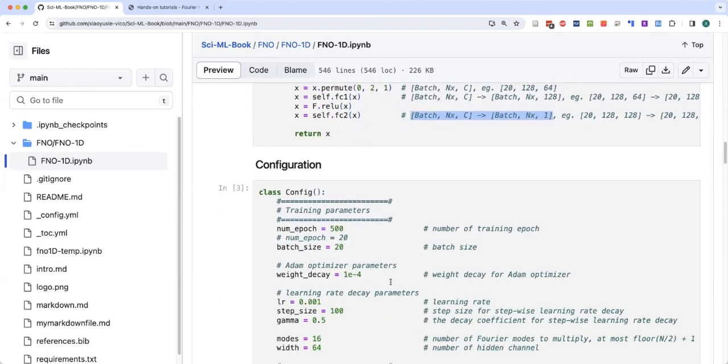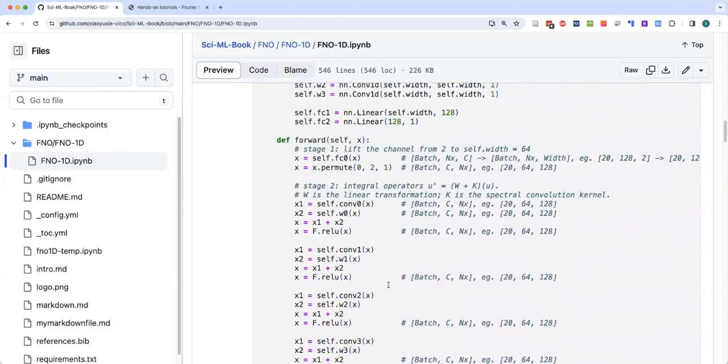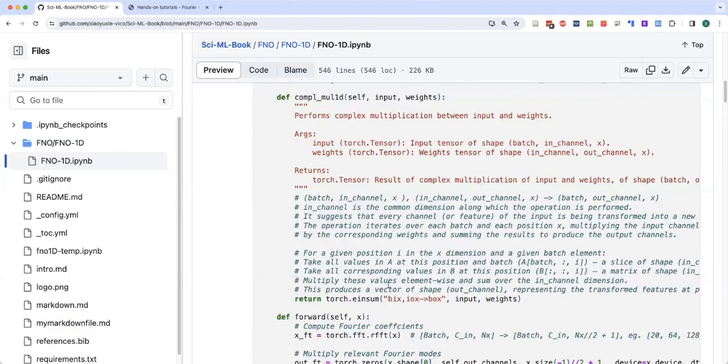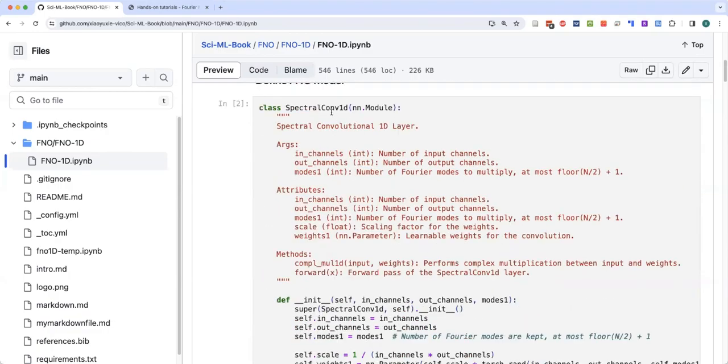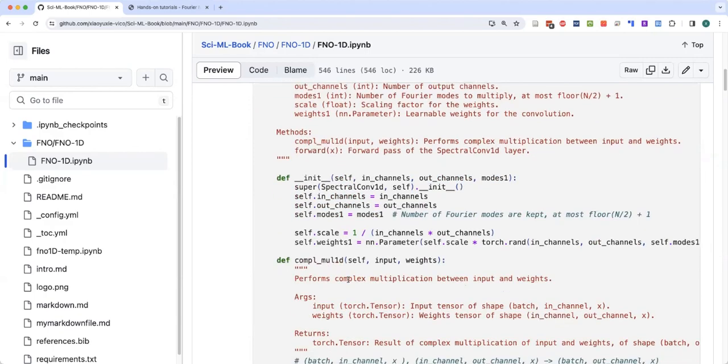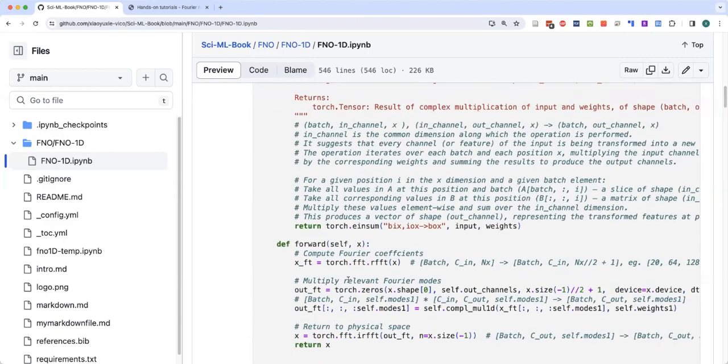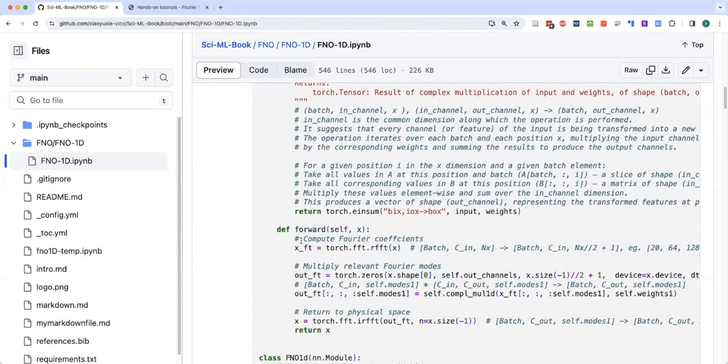After defining this model, we need to go to the spectral convolution 1D. Let's go to its forward part. Firstly, we compute the Fourier coefficients. The input X is batch, C input channel number, and also the spatial resolution. So here we decrease it